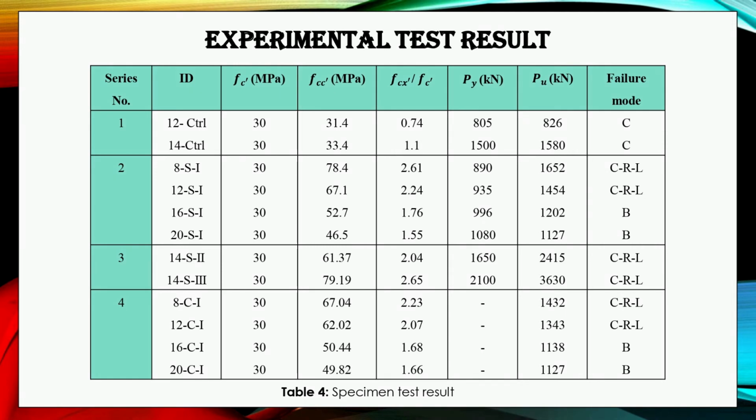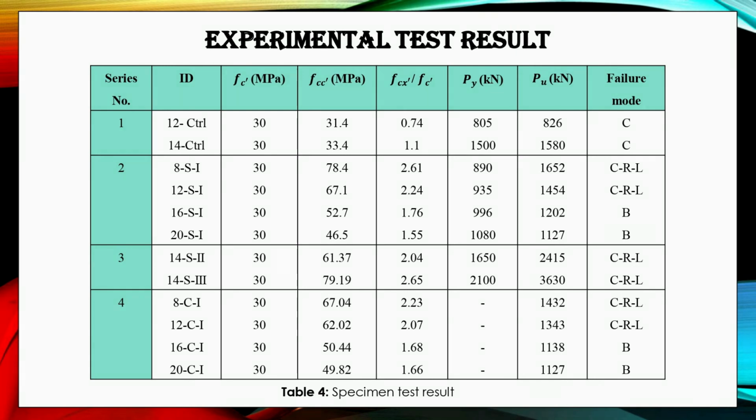The test results are shown in terms of the failure modes, ultimate load capacity, deformation characteristics, and stress-strain relationship of the control and reinforced CFFT columns, in terms of the yield and ultimate loads, and the failure mechanism. From this table, the confined concrete compressive strength f'cc in megapascals, the maximum compressive strength just before failure, the effectiveness of the confining technique f'cc per f'c, and also the failure mode results for all the specimens tested were presented. Based on table 4, the columns with slenderness ratios 8,